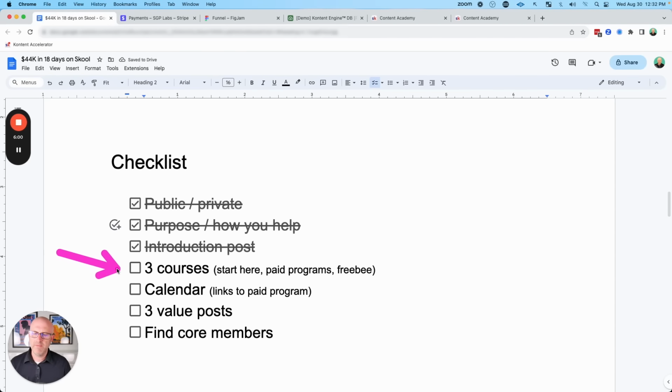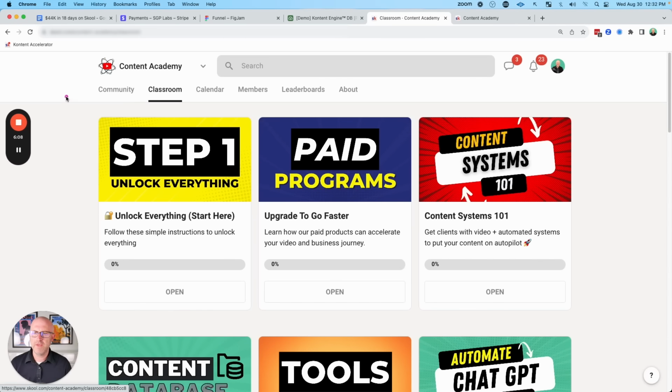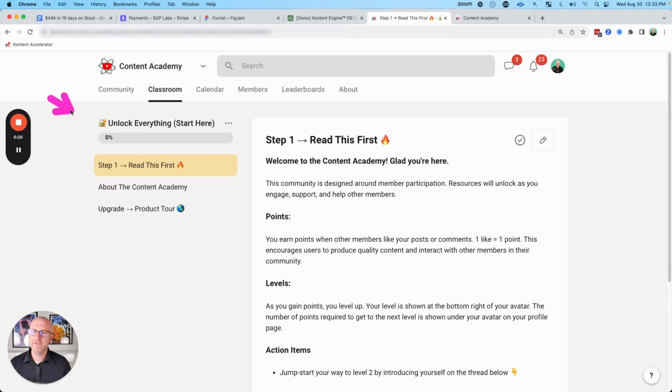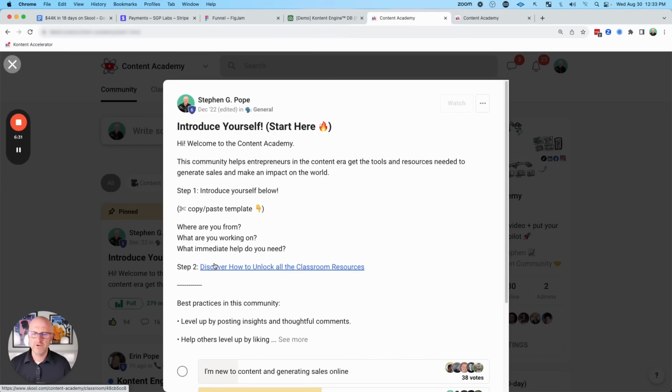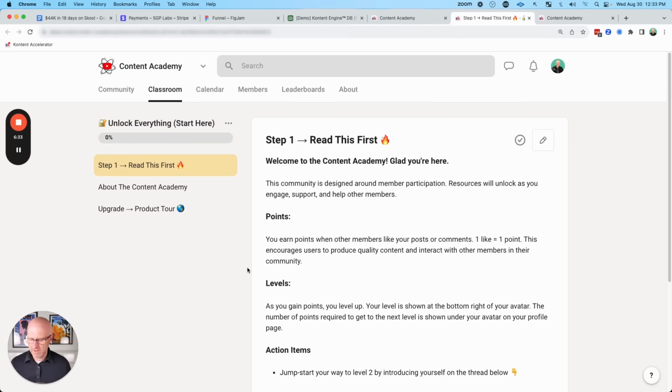Now, I also recommend starting the community with 3 different courses. This is a lot easier than you might think. I have 3 courses here. In the first course, step 1, unlock everything, I'm just giving some basic instructions. And remember, this screen was also linked from the introduction post. So you can see I'm interweaving the communication and the important posts and the important courses so that people can